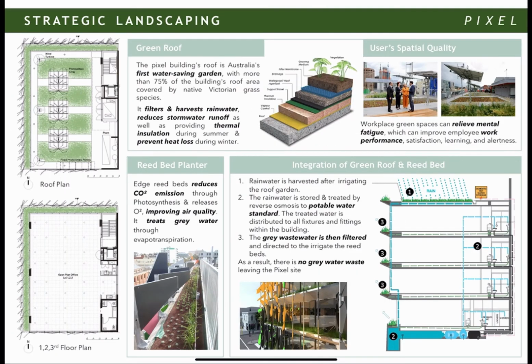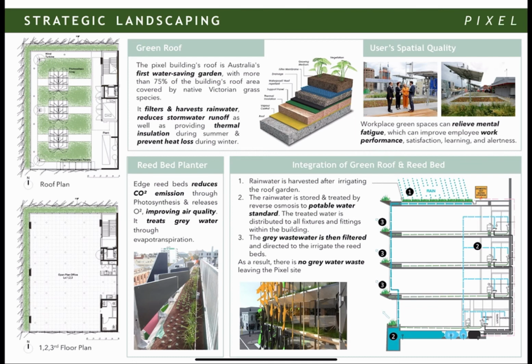Despite the site context without planting space around the building, Pixel managed to achieve zero carbon and zero energy through strategic landscaping. It has a green roof that filters and harvests rainwater, reduces stormwater runoff, as well as providing thermal insulation during summer and preventing heat loss during winter. The green roof also provides green space for users in their workplace, which can relieve mental fatigue and improve work performance, satisfaction, and alertness. The strategic landscaping of green roof and reed bed enables a self-sufficient and environmentally friendly water system